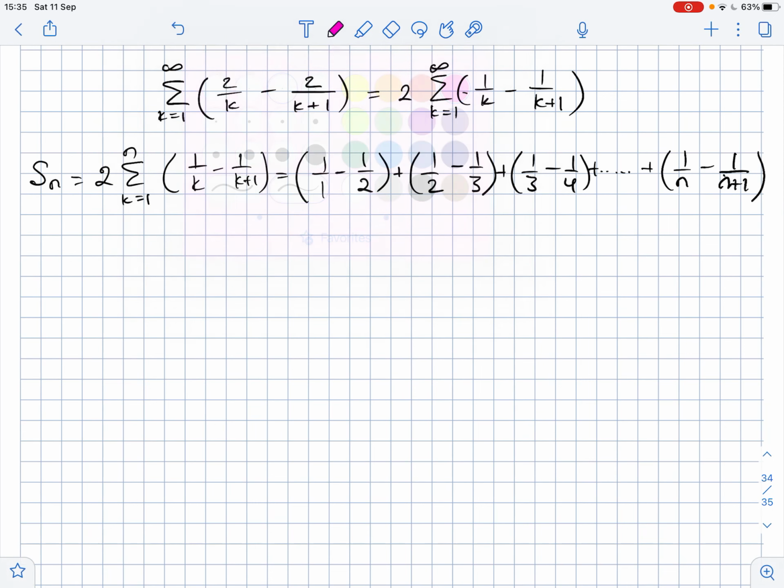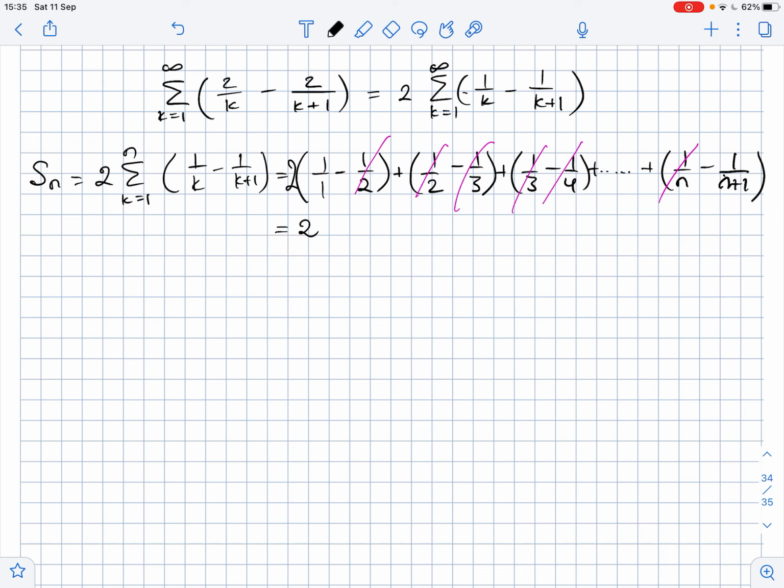Now if you look at it, most of the terms here cancel out. For instance, 1 over 2 cancels out, 1 over 3 cancels out, 1 over 4 cancels out, and so on until 1 over n. And we are only left with the first and the last term,